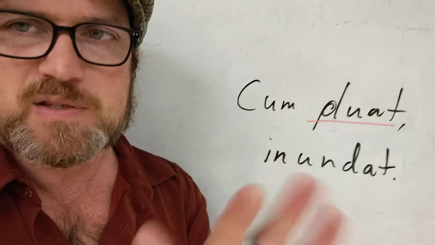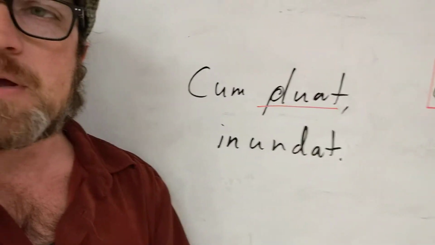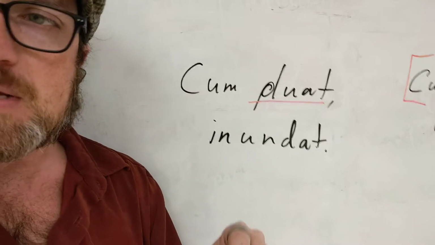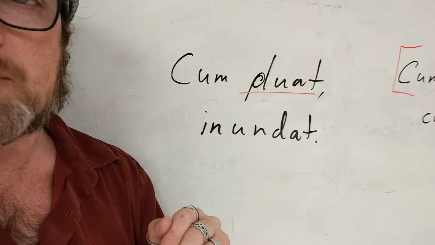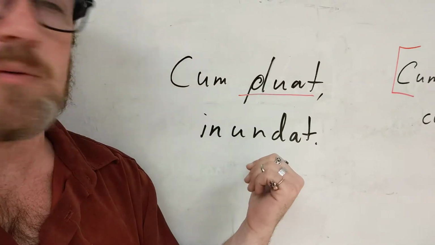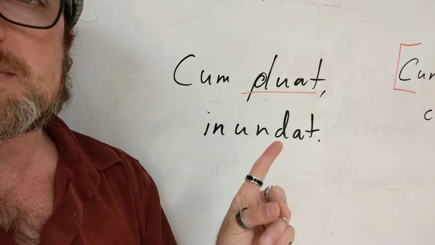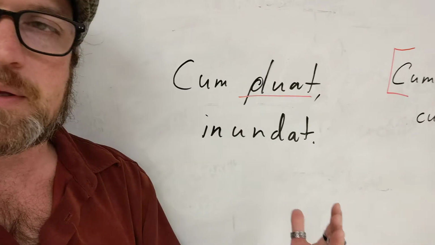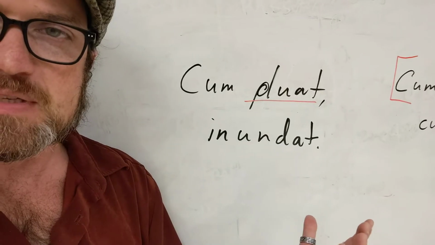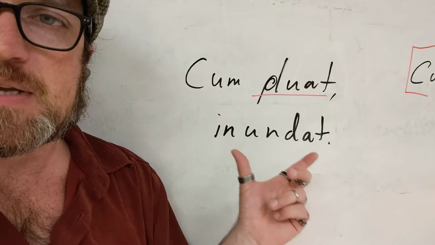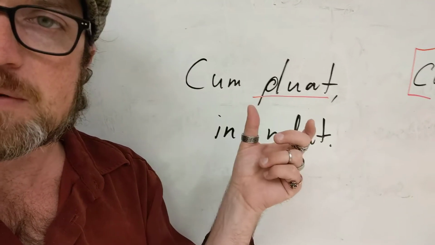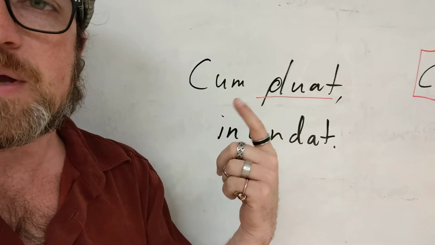But if you don't, you'll still understand this video, I think. Right? In that video, I used the example, when it rains, it floods. Cum pluat, inundat. When it rains, it floods. A real clear example of a circumstantial sentence. Our main idea is it floods, and then we have a circumstance under which it floods, which is when it